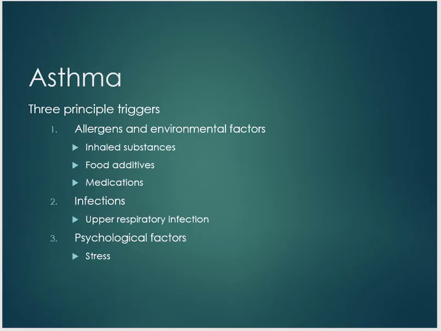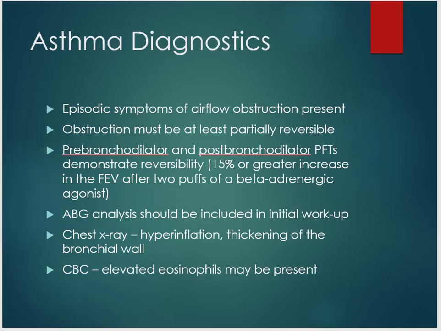Let's talk next about some asthma. We know that asthma is a chronic inflammatory obstructive disease of the airway. There are three principal triggers that include allergens and environmental factors, and these can be inhaled substances, foods, or medications. Infections can be a trigger for asthma, and then also psychological factors such as stress. With asthma, you can have episodic symptoms of airflow obstruction. There can also be obstruction